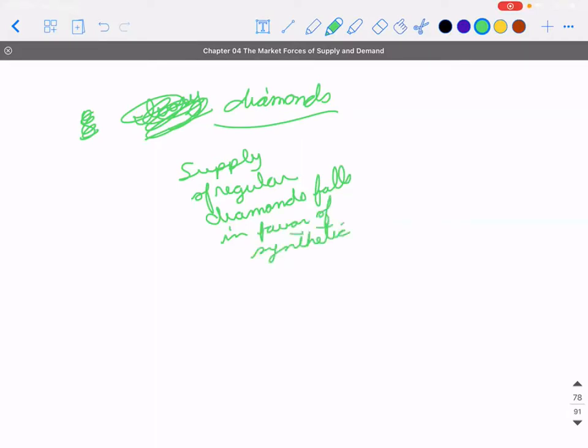I could have probably thought of a better example here that wasn't so long-winded. But the idea is that there are fake diamonds out there that are better than the old school glass, cubic zirconium kinds of diamonds. There are some pretty cool looking things out there. Because they were easier to make, people that used to make regular diamond rings got out of that business or reduced how much of that they sell. Meaning,